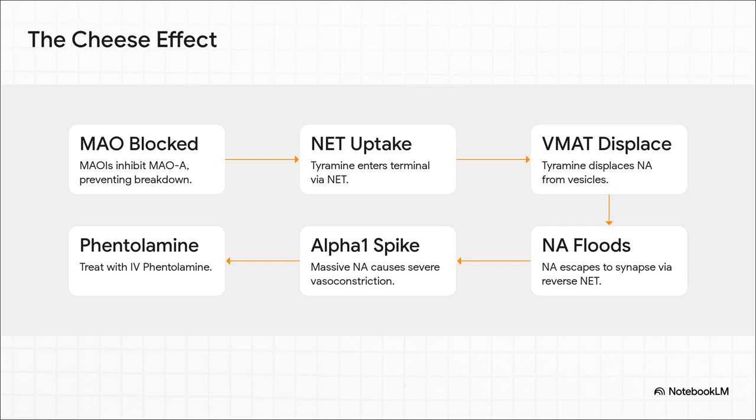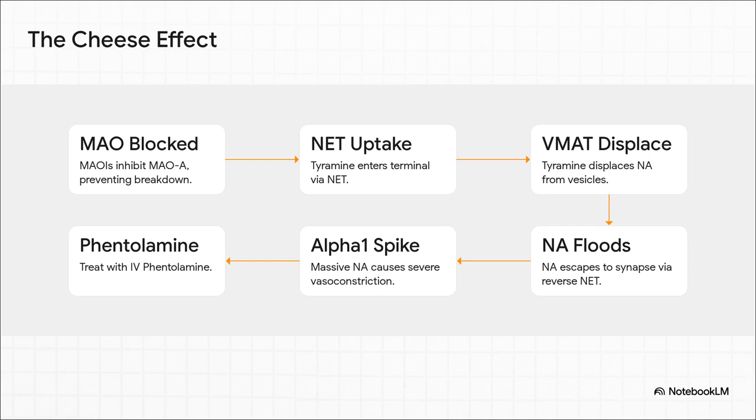Step 1. MAOIs irreversibly inhibit MAOA, completely preventing the normal gut and liver breakdown of tyramine. Step 2. This undegraded tyramine enters the systemic circulation and is actively taken up by NET into your sympathetic nerve terminals. Step 3. Inside, tyramine intensely competes with VMAT, literally displacing stored noradrenaline, or NA, out of the vesicles. Step 4. This massive pool of NA builds up in the cytoplasm and violently escapes into the synapse via reverse